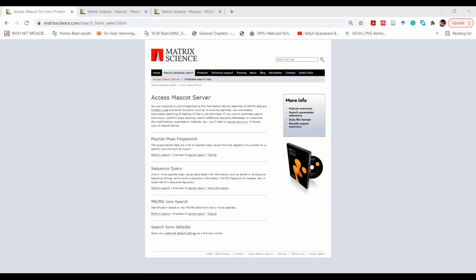Okay. I guess my screen is visible? Yeah, go ahead. Okay. So as I've already shared in the chat box, the website is matrixscience.com. If you just go there, you'll find this. There are several searches. Matrix Science Mascot is basically a database search engine, just like we do searches on Google. What do we do there? We give just the inputs, our queries, and from their database they search and give us the possible results. There isn't a single result. There are multiple results, what Google thinks we might be asking for.